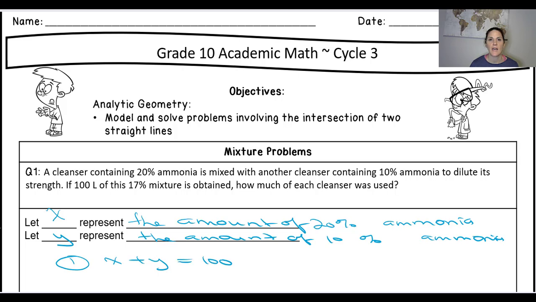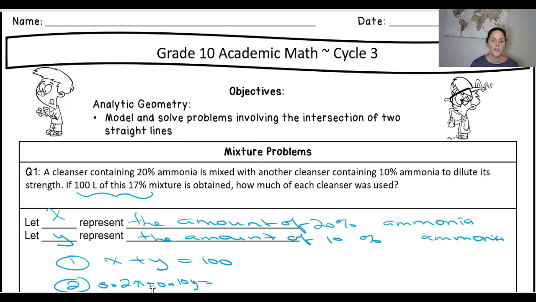My second equation has to do with all of the percentages. So 20% we're going to convert to a decimal, so we're going to write 0.2x, and we're going to do the same thing with the 10%. We're going to convert that to a decimal. So plus 0.10 or 0.1y is equal to,